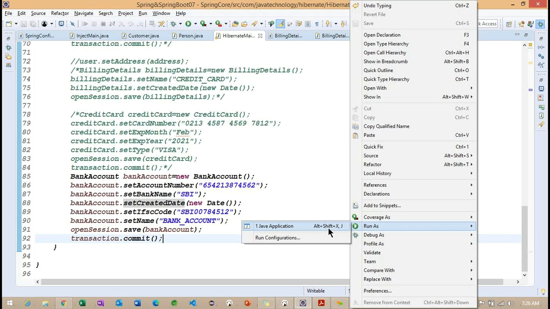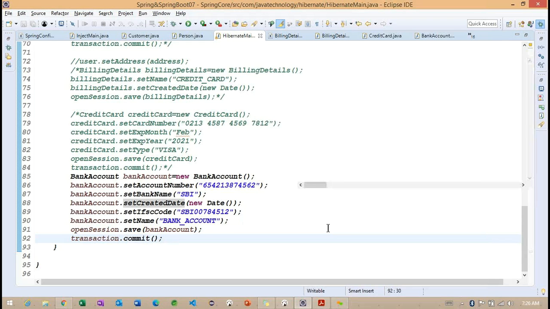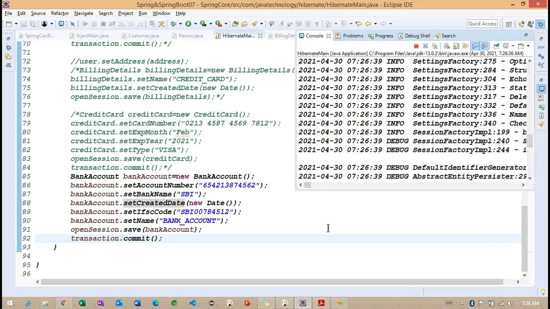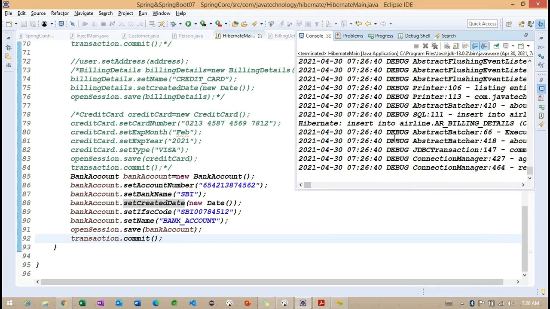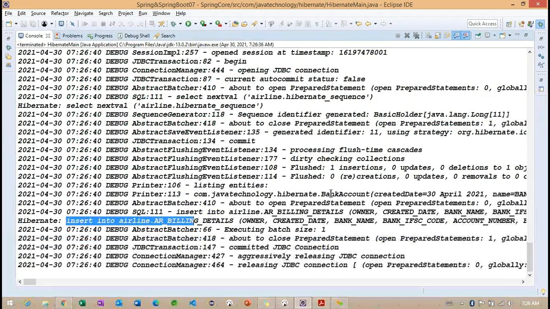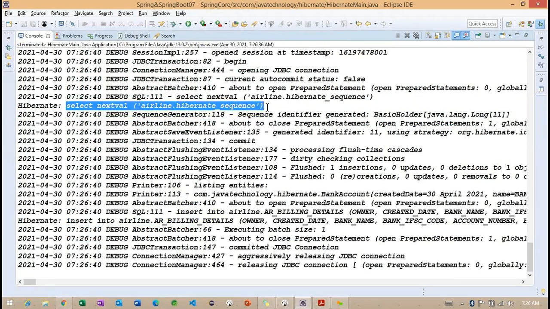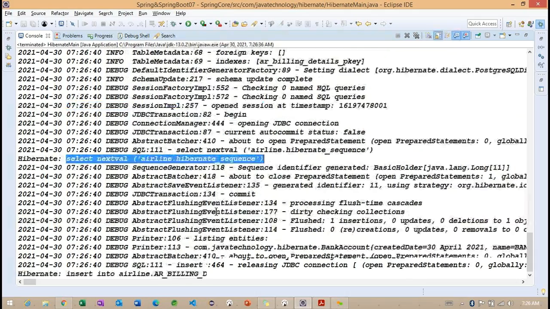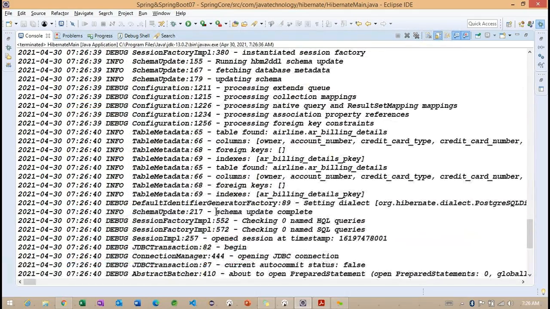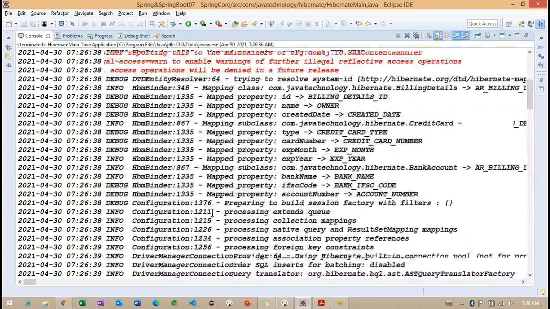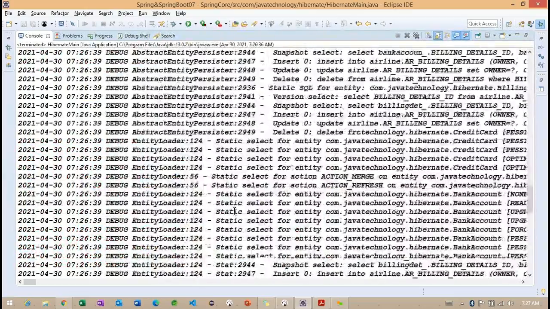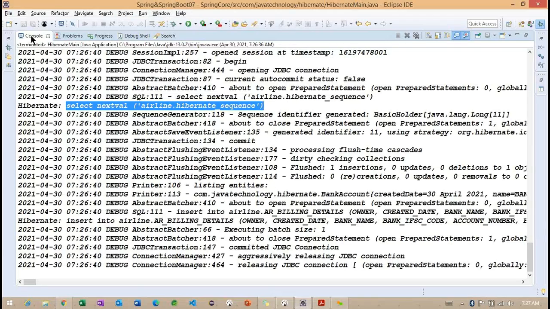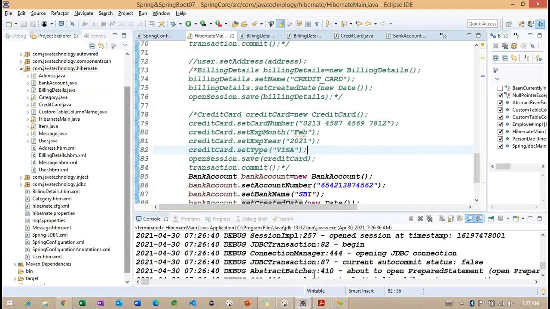So we need to identify how these records are going to be stored. Only one insert query is there. Now we can understand that a sequence is generated to get the next number for this primary key value, and later one insert query. So we don't have any other insert query here. Getting the point.